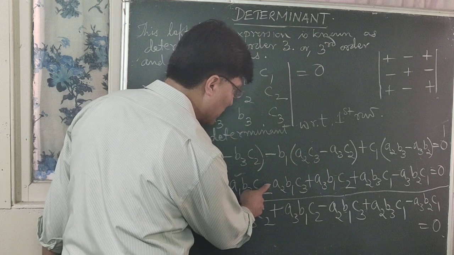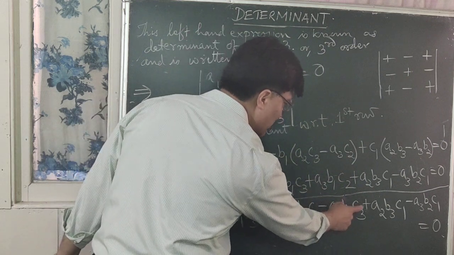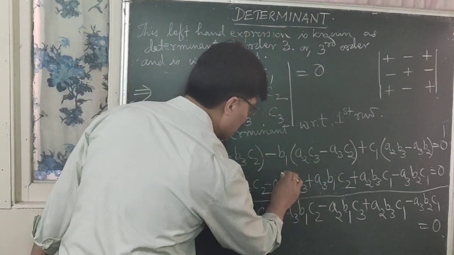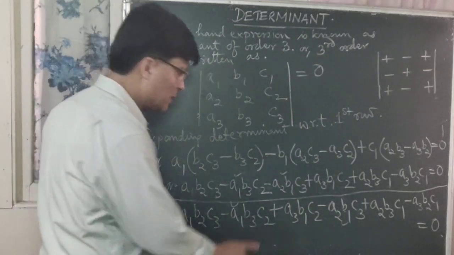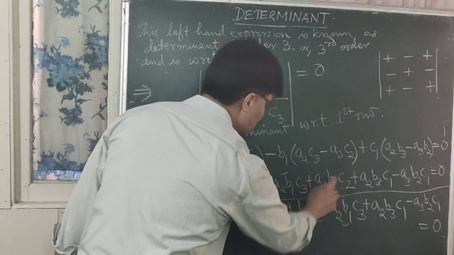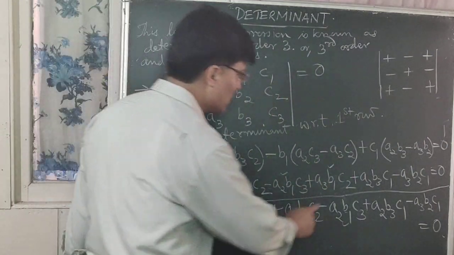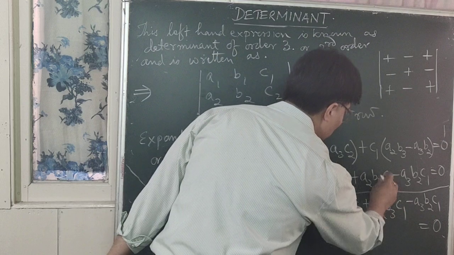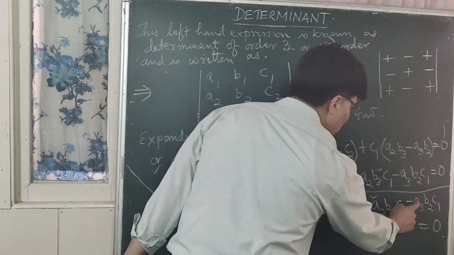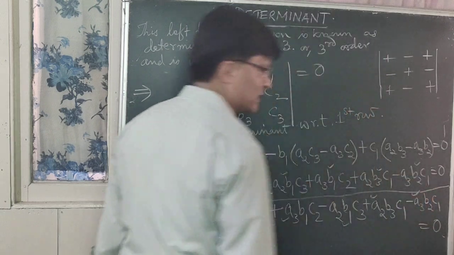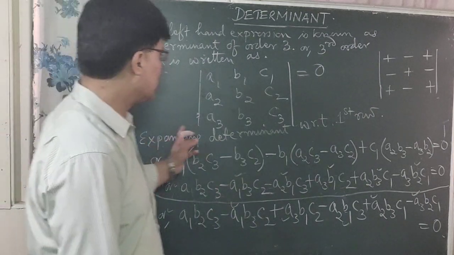Minus A2 B1 C3 is here, minus A2 B1 C3 is here, these are also correct. Right, ठीक. Next A3 B1 C2, A3 B1 C2, this is also correct, right. Next A2 B3 C1, A2 B3 C1, this is also correct. So minus A3 B2 C1, minus A3 B2 C1, this is also correct. ठीक छैन त यो. So this is the